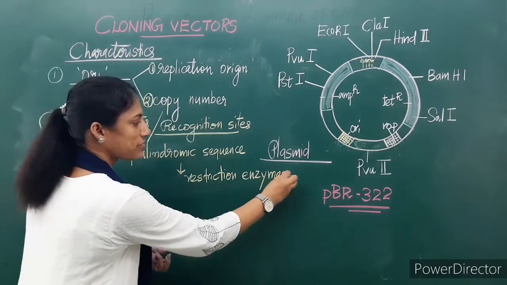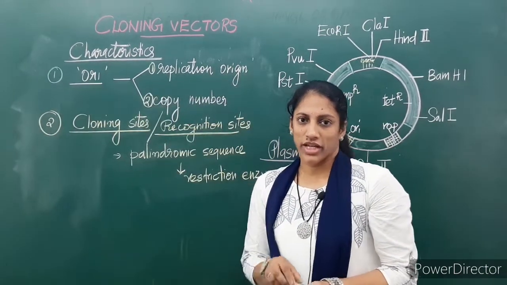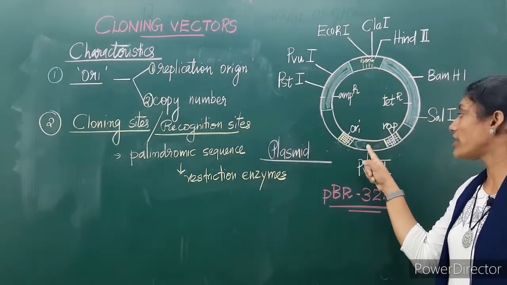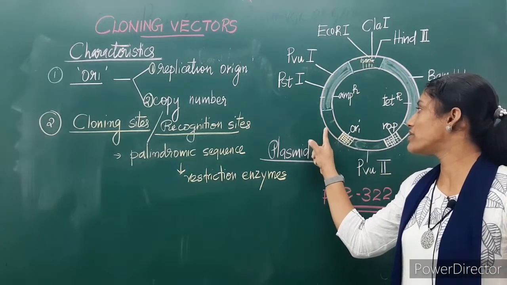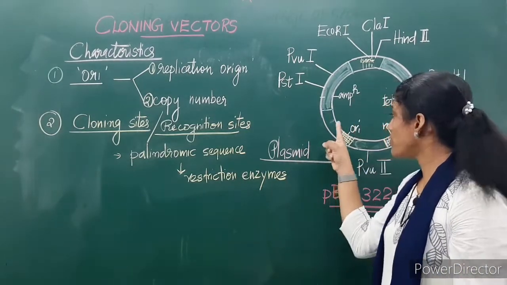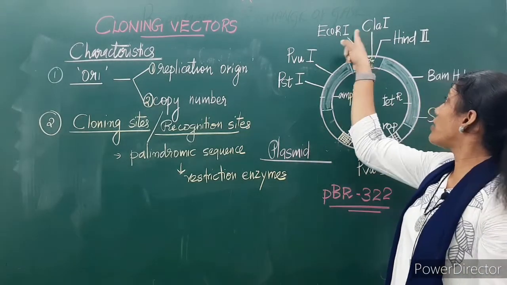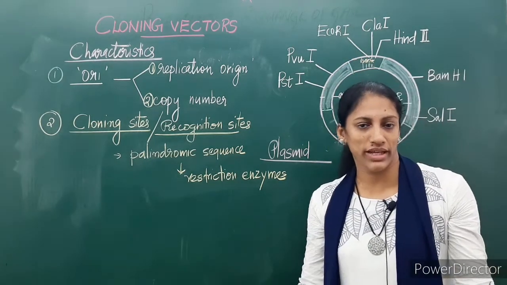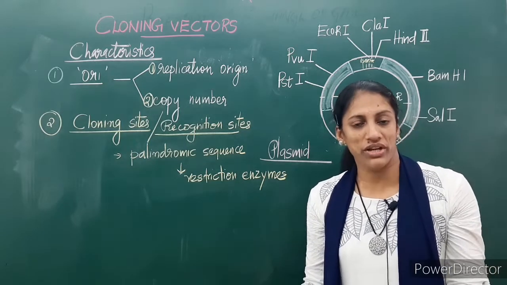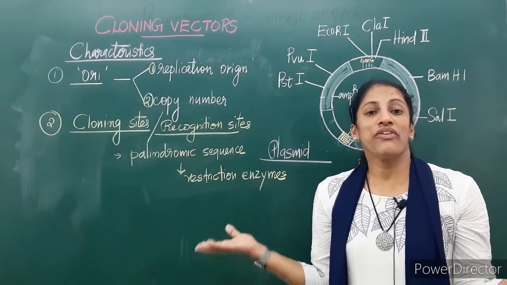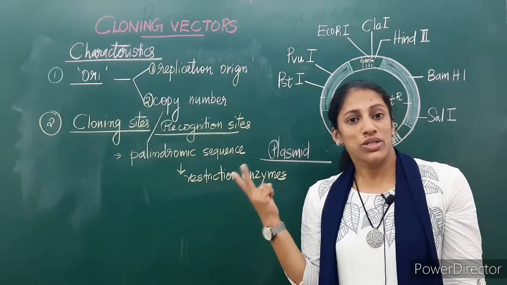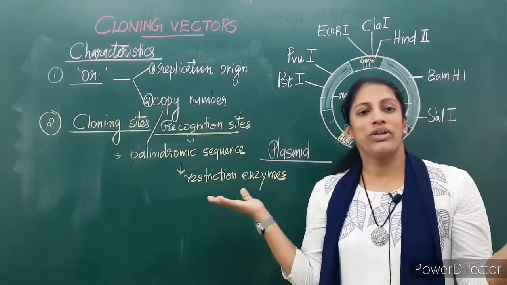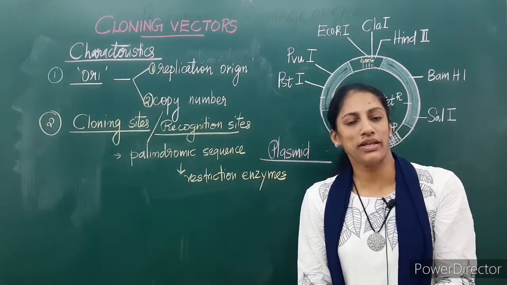I think it's clear. Then listen to me carefully. Suppose EcoRI has another cloning site here. Okay. Here also it is GAATTC. Here also it is GAATTC. EcoRI has one cloning site here and one cloning site here. Just think of that case, will it be beneficial for us? That's my question. If the same enzyme has two cloning sites in a vector, in this plasmid, will it be beneficial or harmful? That is my question.